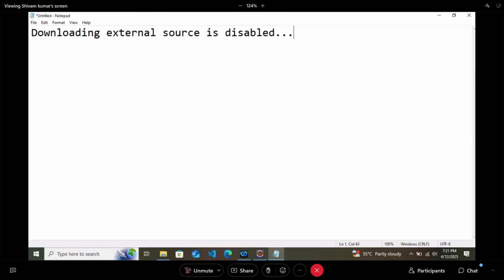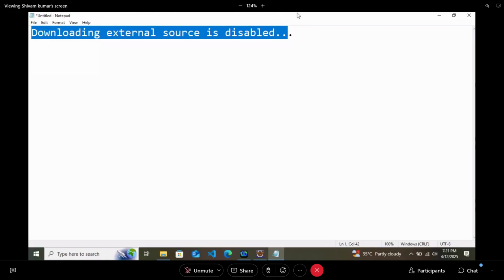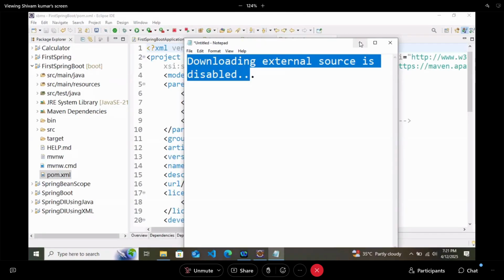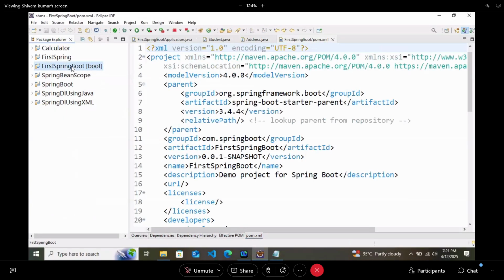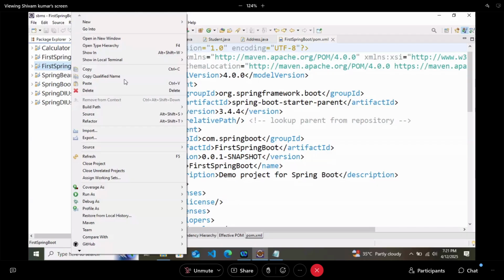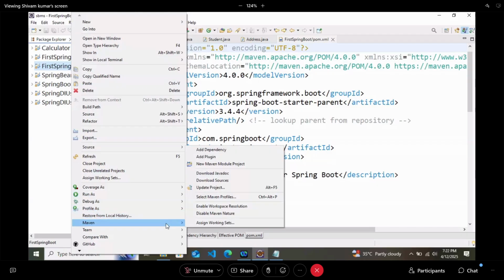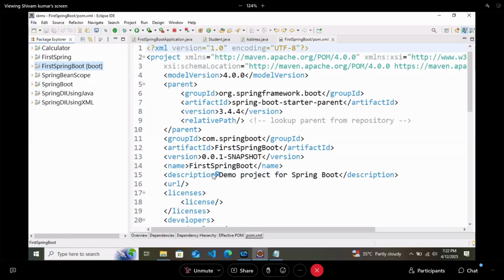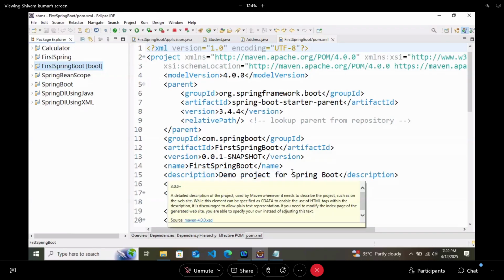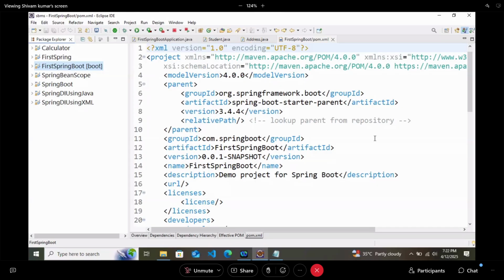If this is the part, that downloading external source is disabled, in that case, you have to right click on your project and you will see one option as Maven. Below here, you will see one option as Maven. In that, there is an option as download Javadoc. Click on this. Once it is done, your error will be resolved.